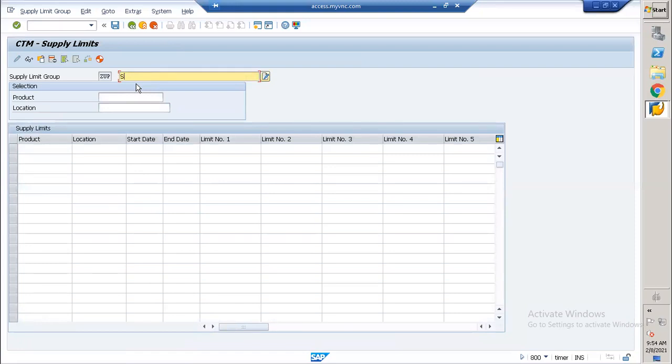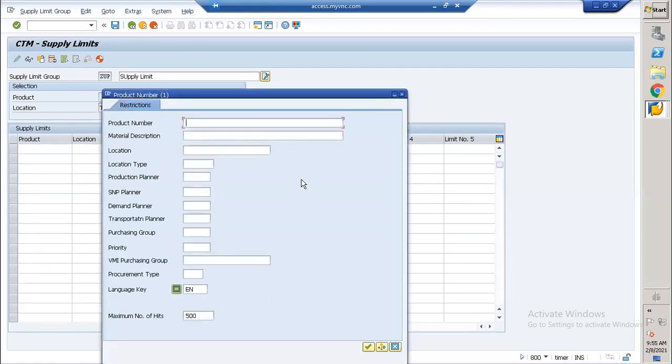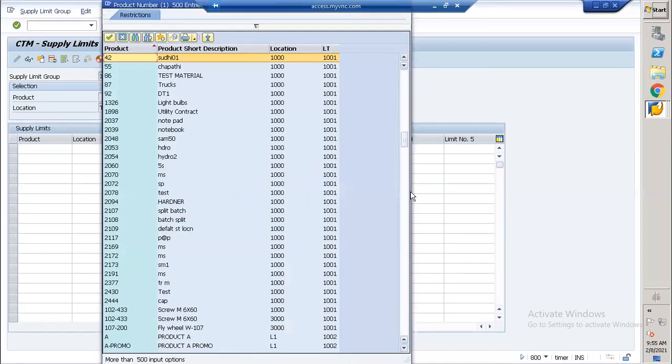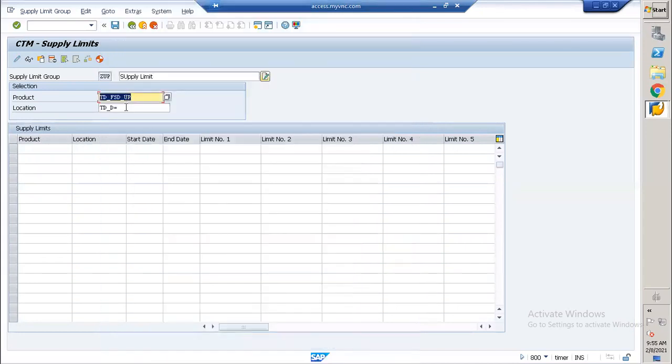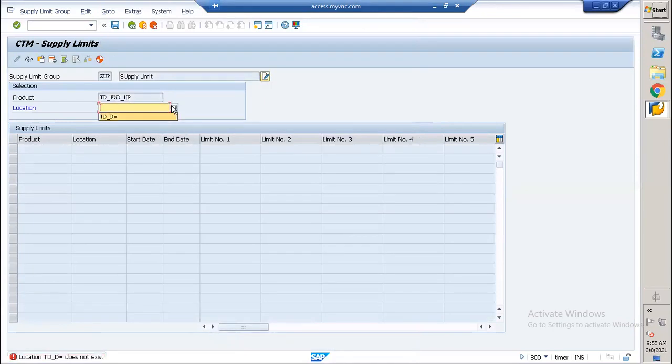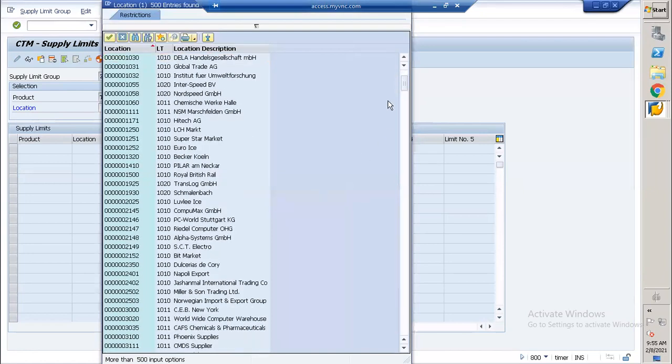Supply. The product FST. Just use the product and location. FSTUP. Location as a